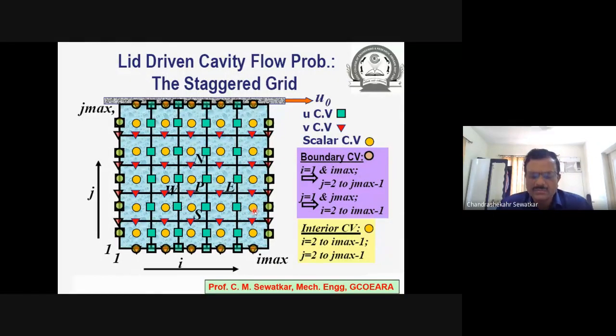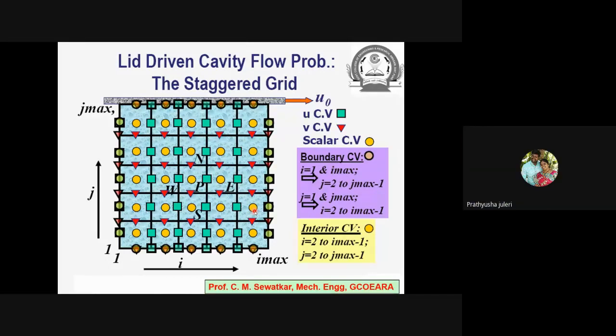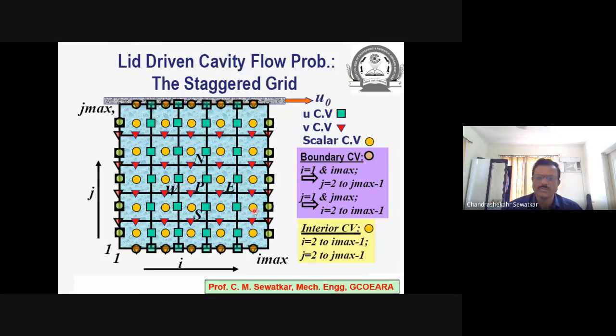Now let us come to the solution part of it. Let us look at the lid-driven cavity flow problem. We have actually solved this lid-driven cavity flow problem by writing our own code, which you can also do. You are all recommended to put your hands onto the code and try out at least simple codes, like a code for a simple 2D steady state problem, or a 1D or 2D unsteady state problem, maybe a convection diffusion problem. If you go step by step, I'm sure you will be able to write down the code for the lid-driven cavity